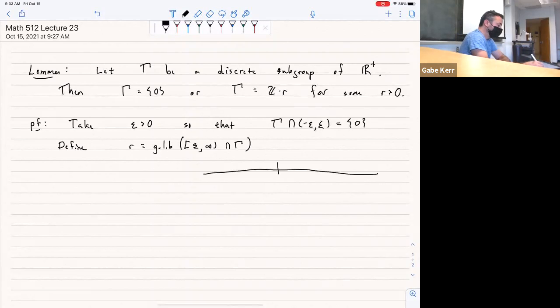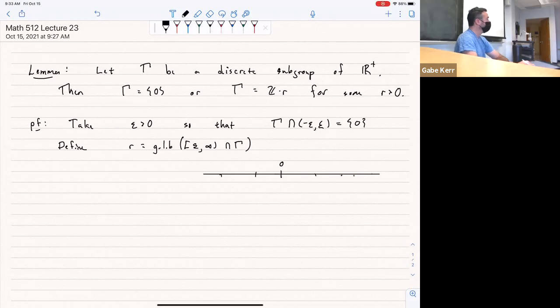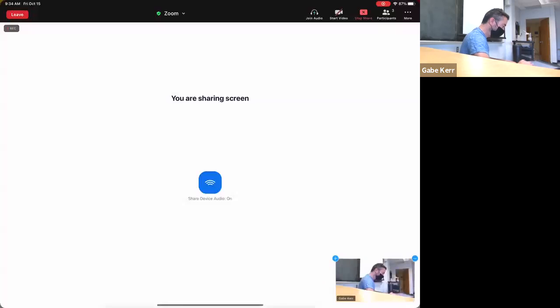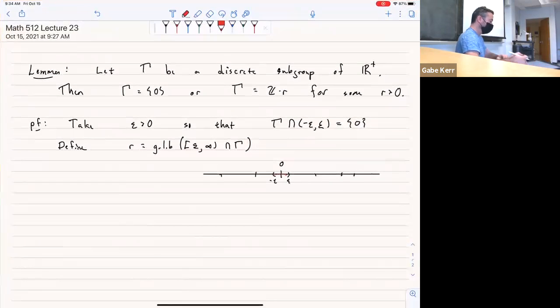So here's the picture. Here's 0. And we have a bunch of points. A priori, we don't know where they are in R. These are in gamma. All these points are in gamma. And since we know it's discrete, we can find a little neighborhood around 0 that's completely away from all the other points in gamma except 0. All right. So now we can take this region,